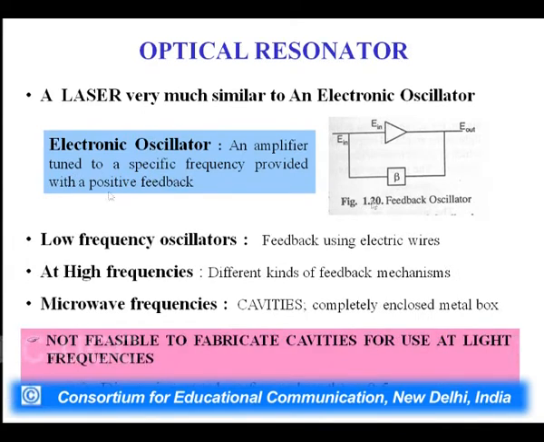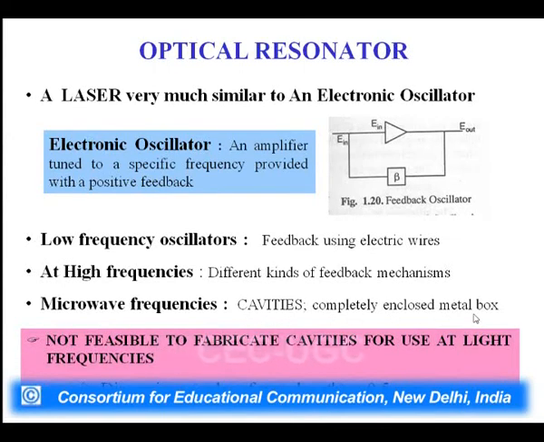A laser is very much similar to an electronic oscillator and amplifier tuned to a specific frequency and provided with positive feedback. This is the feedback oscillator, with energy input and output. Here B is the coefficient. In a low frequency oscillator, feedback is done using electric wire. At high frequencies, there are different kinds of feedback mechanisms. At microwave frequencies, cavities